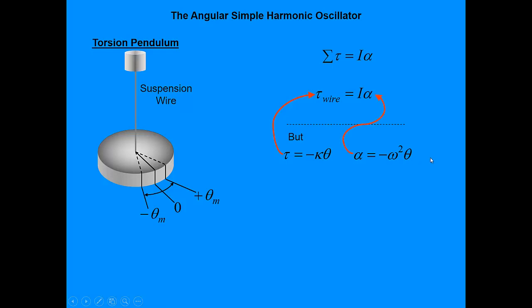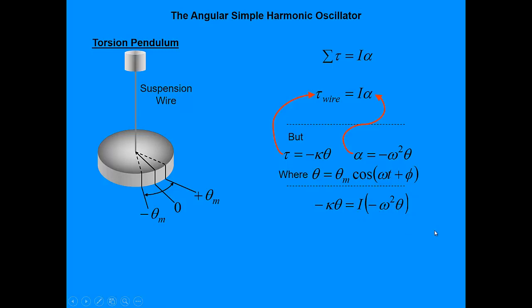That'll get plugged in here, but remember, both of these are very loaded thetas. Because this is an oscillation, these thetas are functions of time. What functions of time, you say? Well, theta m cosine of omega t plus phi. They're simple harmonic oscillators, so they follow that same pattern. Plugging these two things in, we get negative kappa theta equals the rotational inertia times negative omega squared theta, and